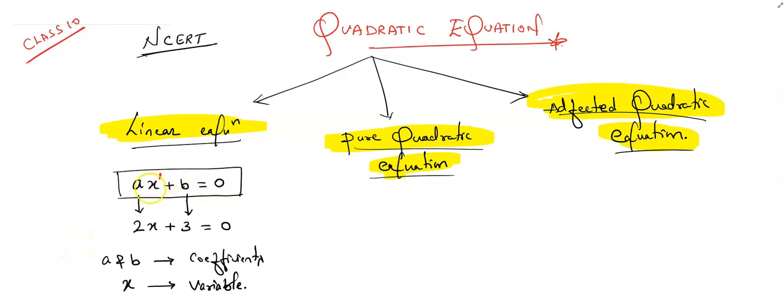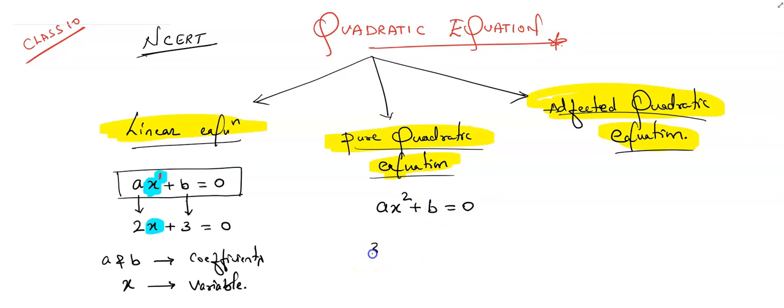Again I am repeating, an equation which involves a variable. हमारे पास एक equation है जिसके अंदर एक variable है. Variable का मतलब unknown number है, unknown term है. Here the unknown term is what? X. Okay, an equation which involves a variable. Variable इधर पे क्या है? X है, मतलब कि X की वैल्यू हमारे पास नहीं है, उसको हम बोलते हैं variable. Okay, an equation which involves a variable whose highest degree is 1. Can you see this? इसका power क्या है? 1 है, तो हम उसको बोलते हैं कि linear equation. Similarly, an equation which involves a variable whose highest degree is only 2.